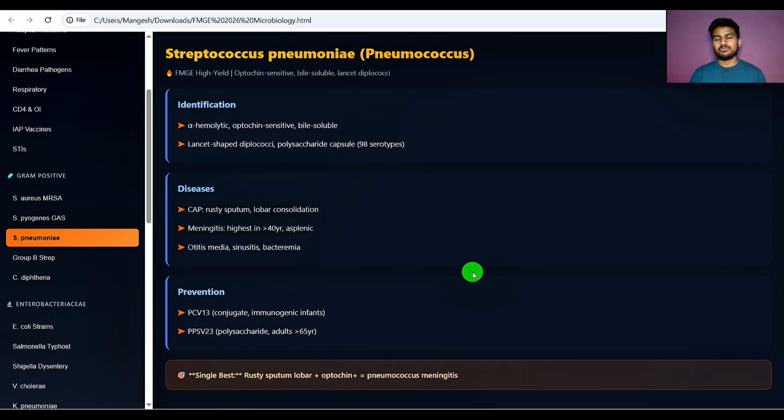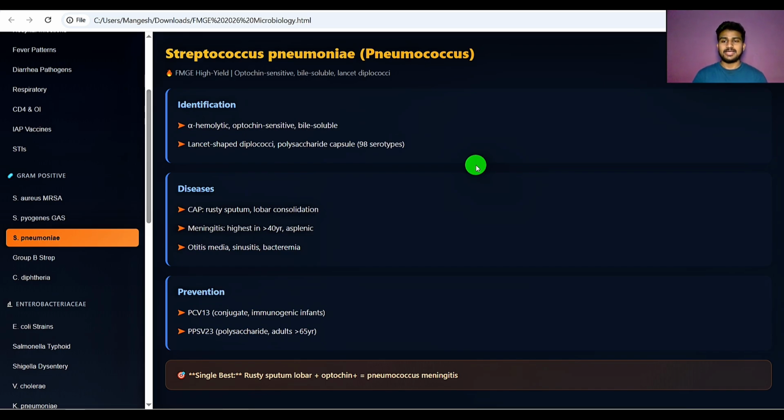You don't have to remember how many serotypes there are, but you have to remember the lancet shaped diplococcus structure of the organism, because this is what they mention in the question. The questions that come from such topics, for example, in a clinical question, the examiner might explain that there are these symptoms and the organism was cultured, and what the examiner observed is that